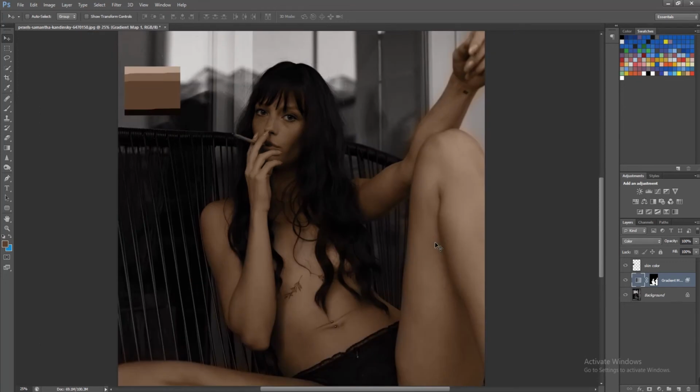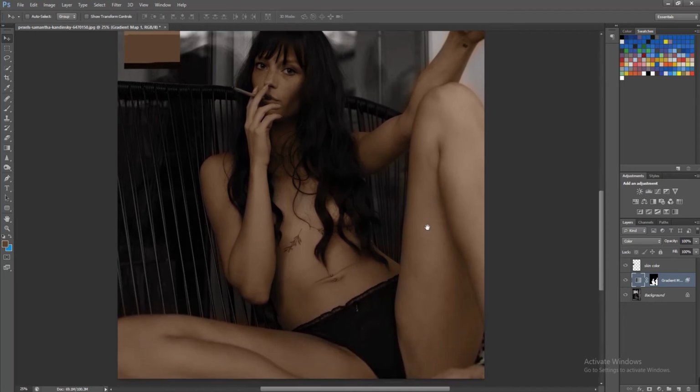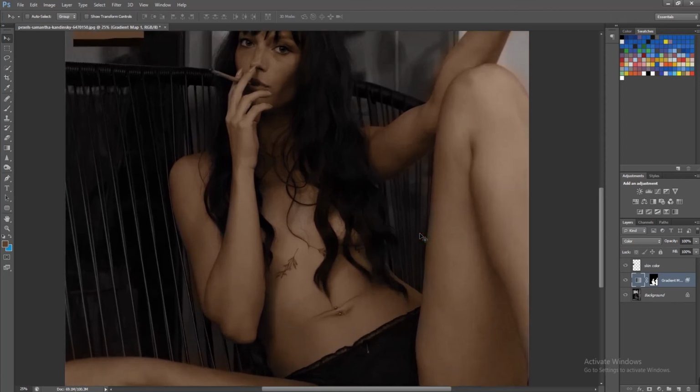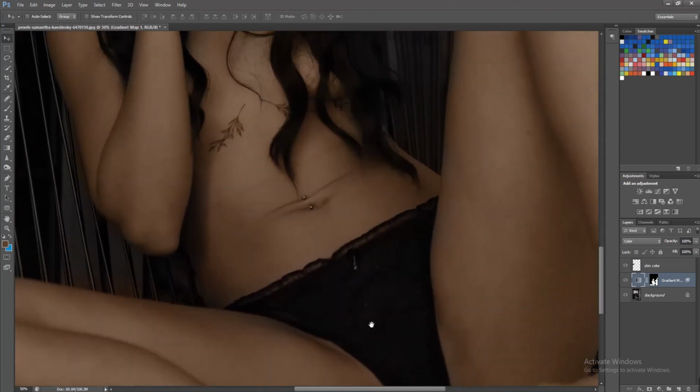Now skin is looking good. It's time to give a color to the clothes now. Take another hue saturation adjustment layer and adjust the color which you want to give.